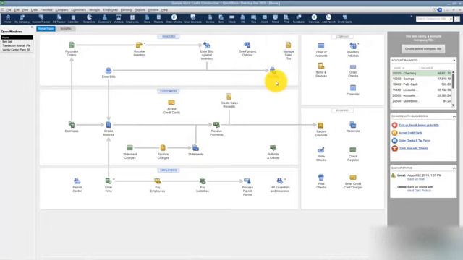Let's go ahead and look at one more thing in this module over in section 6. I want to show you how